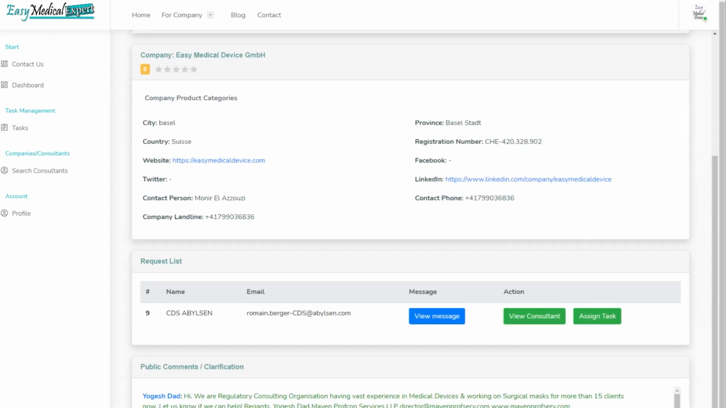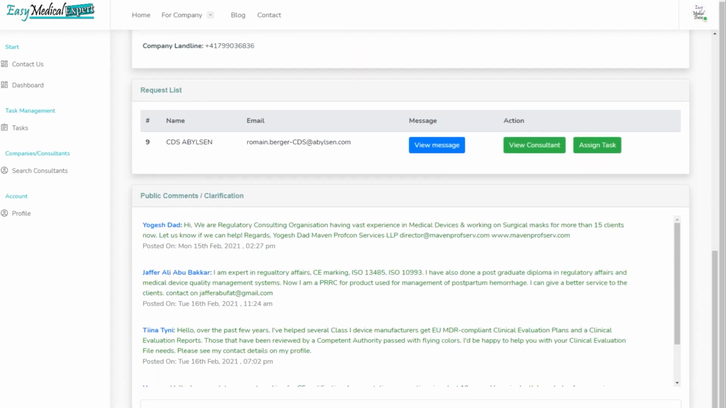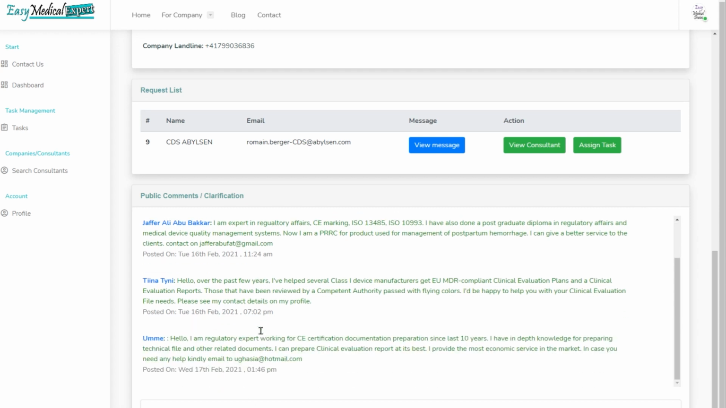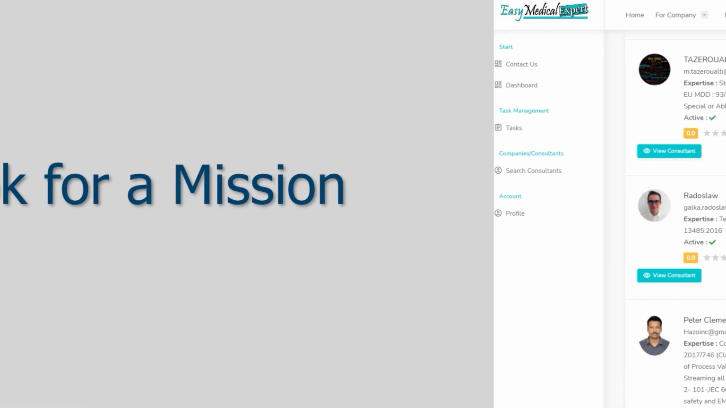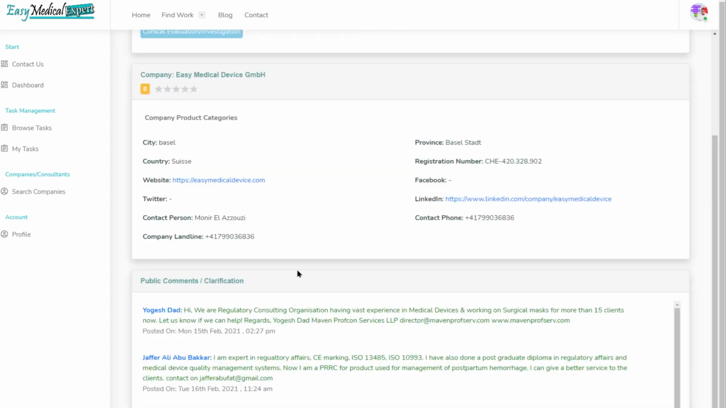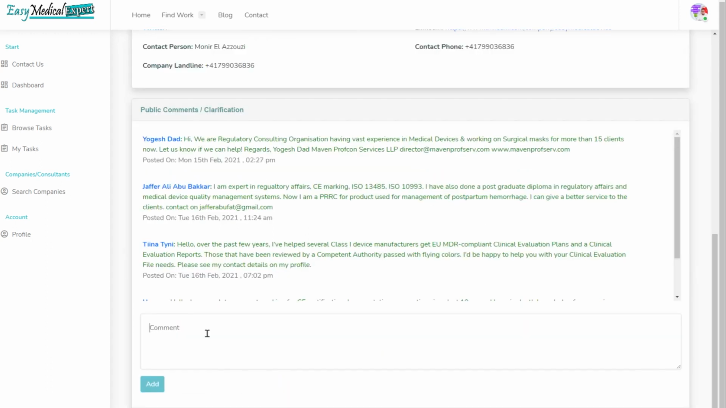Then we have the experts that can come and help you directly. So you can be in contact with them directly. You can assign a task to them. When they have finalized the task, you can rate them with some stars and tell them if they are good or bad. And they can also rate you to see, okay, we had a really good relationship with this